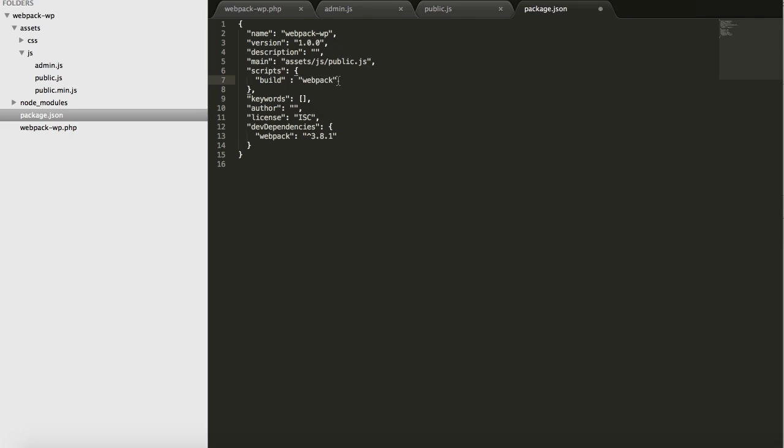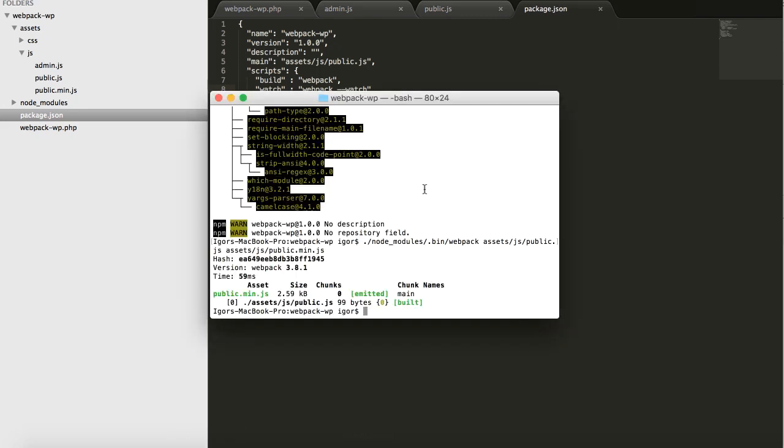But if we are constantly changing our public JS file, we want Webpack to watch that file, and on any change recompile it. So let's say another one, which is watch, and then we'll use again, let's call Webpack and pass the watch parameter there and save it. Great. That's now great, and now we can actually go, let's say here, and let's just say npm run watch,